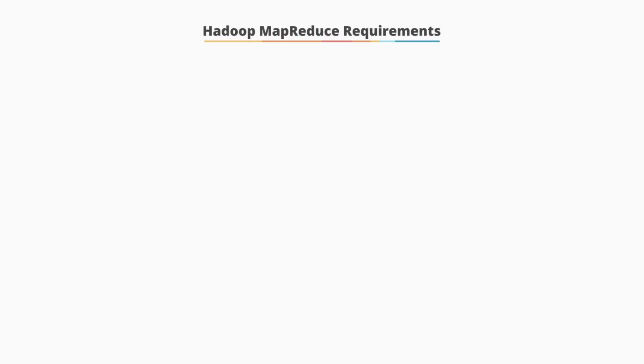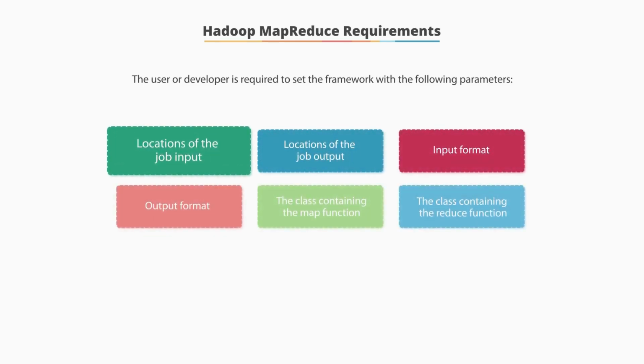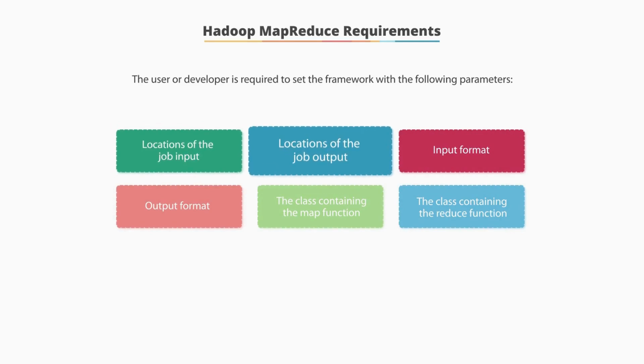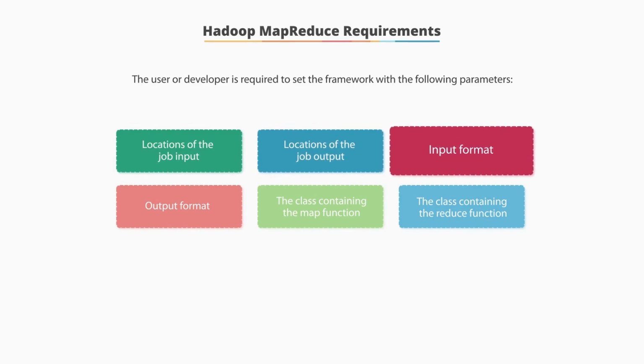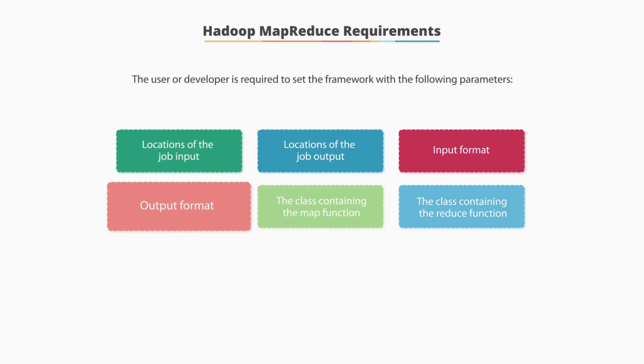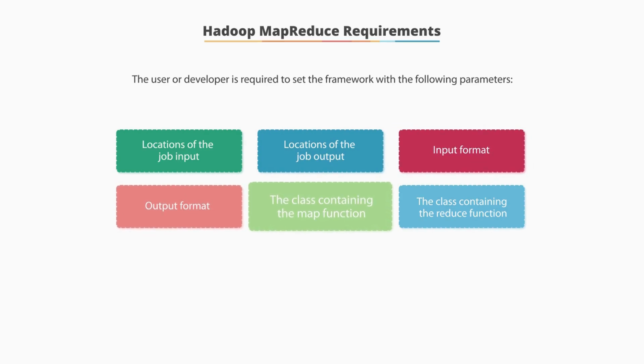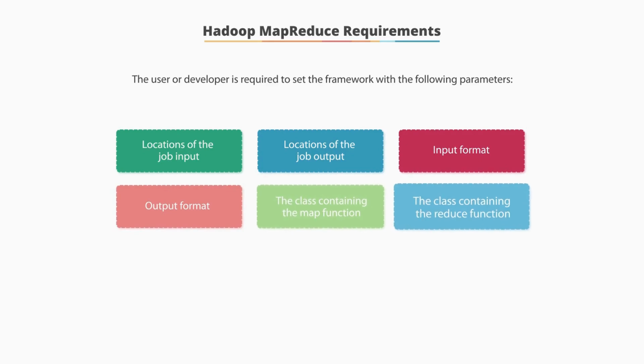The Hadoop MapReduce requirements. The user or developer is required to set up the framework with the following parameters: the locations of the job input in the distributed file system, the location of the job output in the distributed file system, the input format to use, the output format to use. Define a class containing the map function, and then a separate class containing the reduce function, which is optional. If a job does not need a reduce function, there is no need to specify a reducer class in your